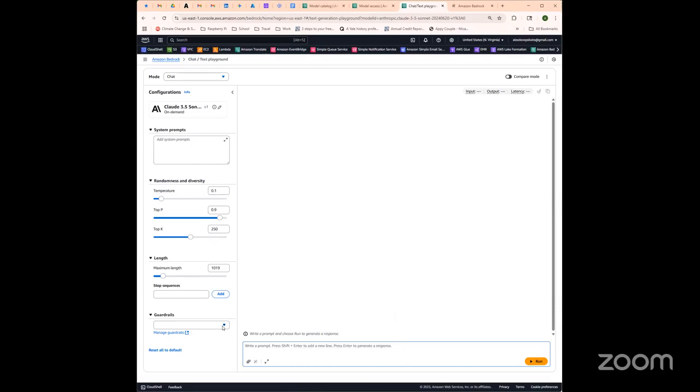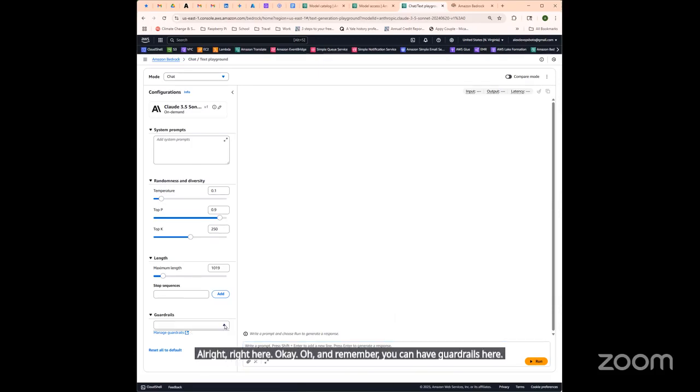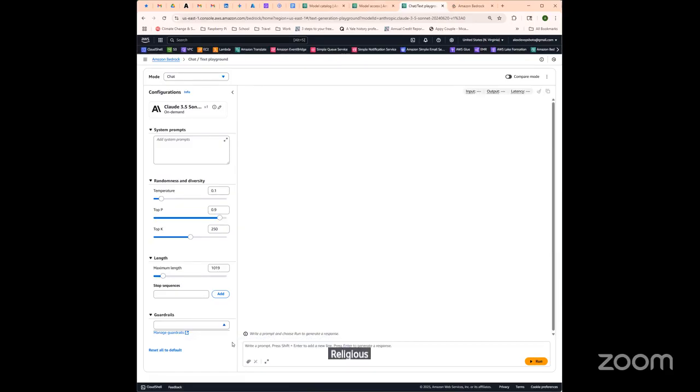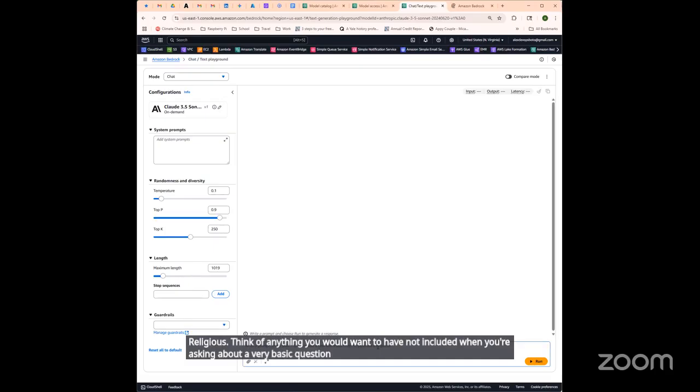And remember, you can have guardrails here. You can set the guardrails here. What do guardrails do? They set your parameters for this so that you cannot go outside of certain tasks that you need. You don't want it talking about anything insensitive. That could be along any gender, any racial, religious lines. Think of anything you would want to have not included